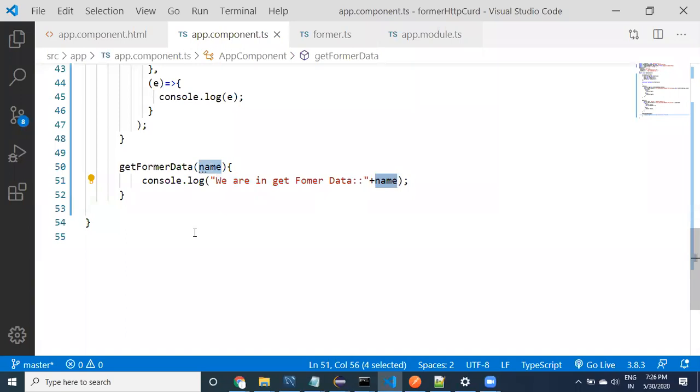backend, it is not possible. Why? Because if multiple farmers have the same name, what should happen? Which data are you going to get? That's why the name is not suitable for getting particular information. I need one person's information, and we cannot depend on the name because the name is common for multiple persons. So here I don't want to depend on name, but I would like to depend on ID.